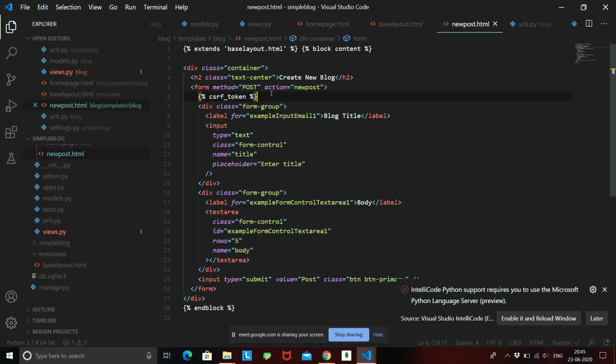So it is not very difficult, and you don't have to go in depth into what the CSRF token or CSRF mechanism is. Just make sure whenever you create a form, at the top of it you give it a CSRF token that Django will automatically generate for you, and it will pass it in a secured form.